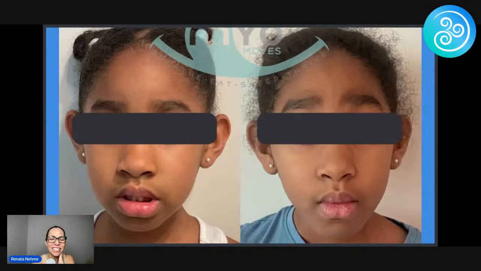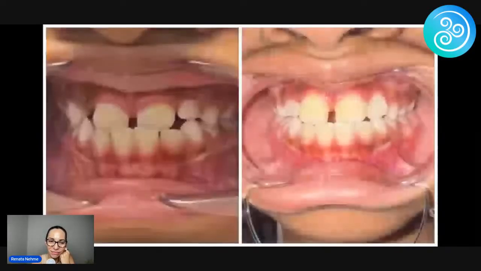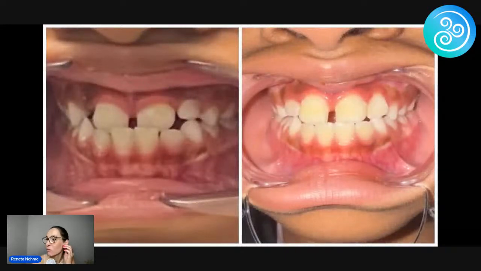This is a recent patient of mine. Actually, I had not done a session yet. I did a guidance call and then an evaluation, but we already give the patient so many things to do before they even start therapy. And she came back to me like that with her lips closed, breathing through her nose. Her eyes, also, there's a great change over here in her eyes. And this is what she looks like right now. It is pretty incredible, because as soon as I saw this child, I was like, okay, forward pull face mask.